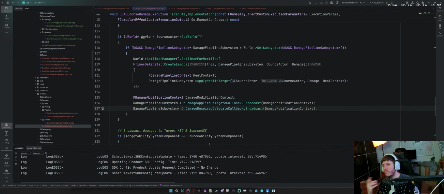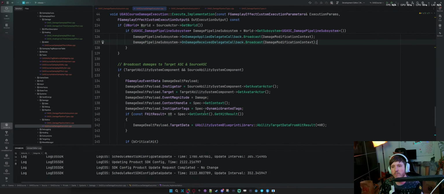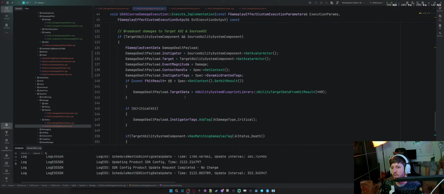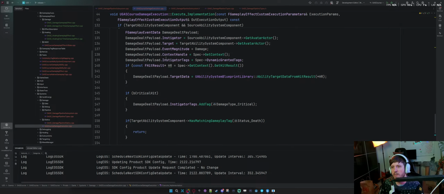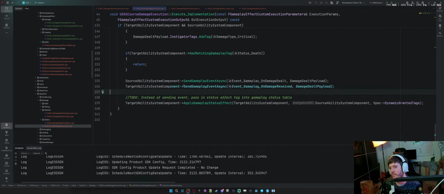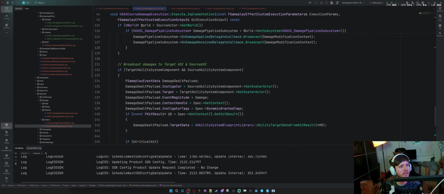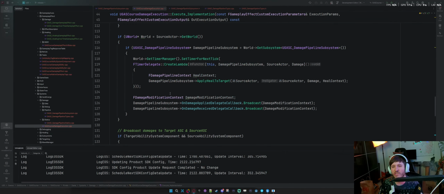So we're going to have to construct this modification context now, which we should be able to do, because we are kind of doing it already here when we're broadcasting to the ability system component and everything like that. It feels like it might be some redundant writing here, but no. Let's just try it and we'll see what happens.